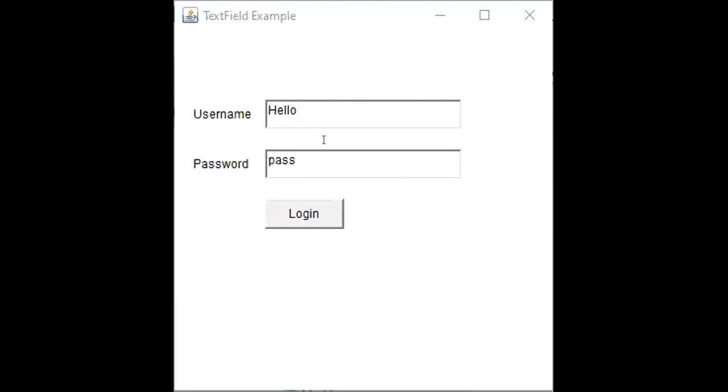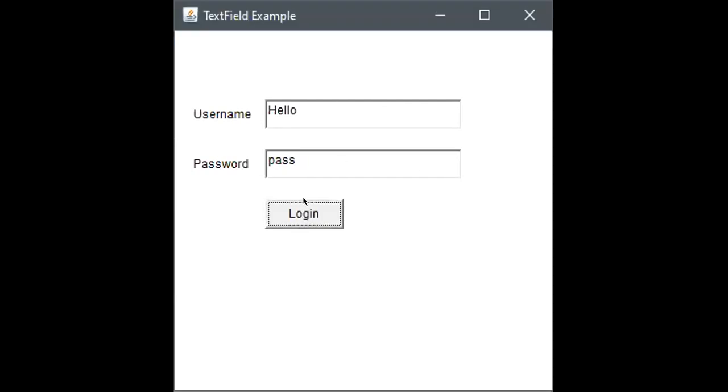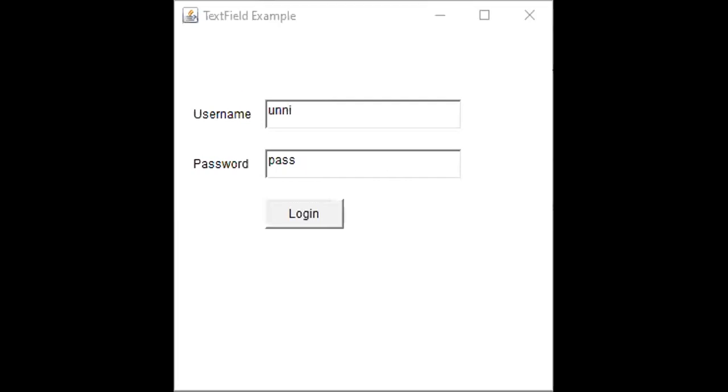So now we created a login page. By clicking over here, the data will be entered and forwarded to the next frame. If I place my name over here, like Unni, when I click on login, Hello Unni will come in the next window. So this is a graphical user interface, right? Very easy and interesting. Just try it out. Now the label, text box and button have been covered.